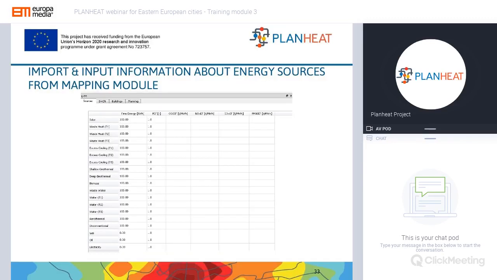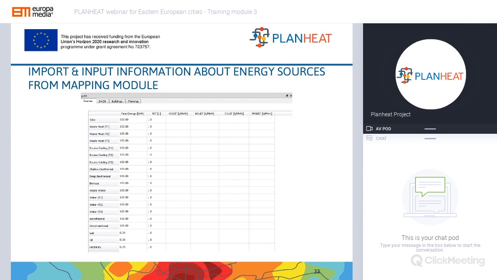So in this slide, we can see the sources tab as an example. And here we have different kinds of local energy sources like solar, waste heat from different sources, excess cooling again from different sources, shallow and deep geothermal, biomass, wastewater even, water sources, aerothermal, and any other unconventional and conventional energies.